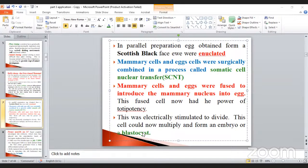The zygote undergoes cell division, which is called mitotic cell division. A single cell divides into 2, 2 into 4, 4 into 8, like that up to 32. When the 32-cell stage comes, that condition is called a blastocyst. The same process also occurs here, and after the completion of the 6 months...